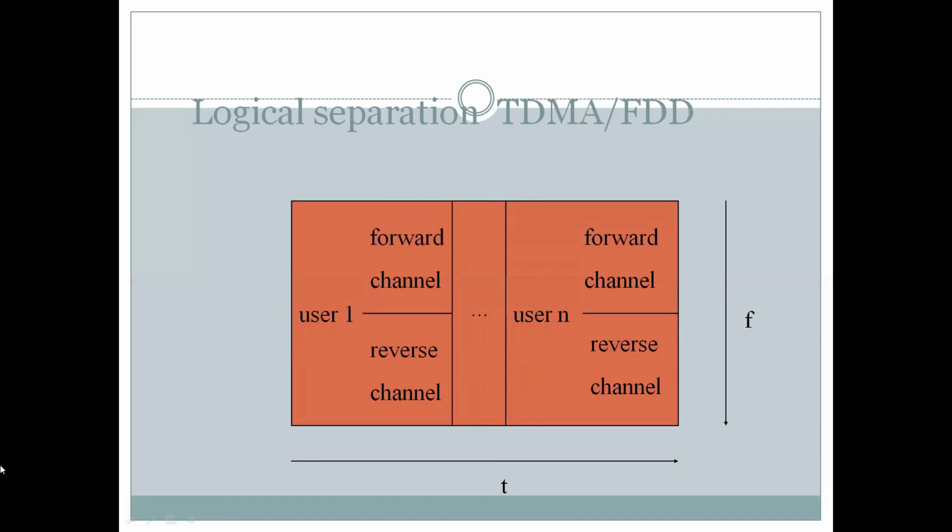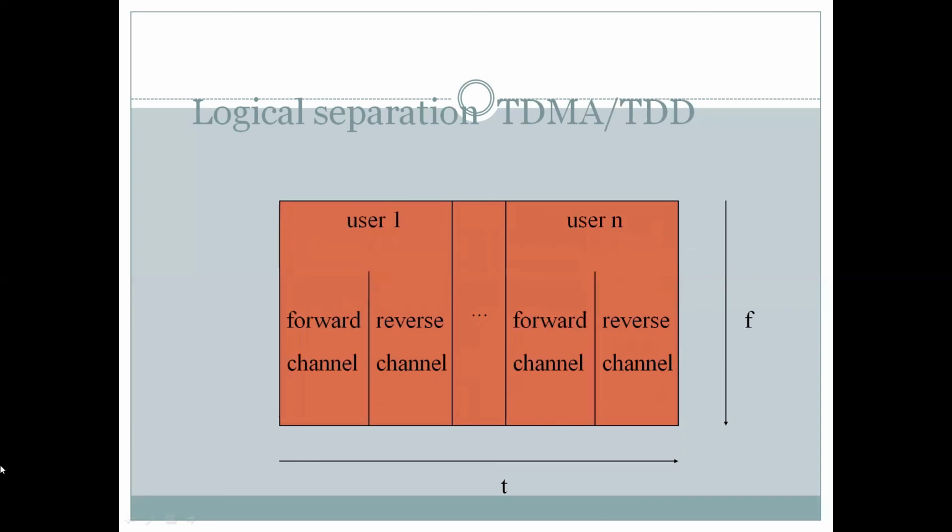You see a horizontal cut here in your diagram, which is the division in the y-axis, which is the frequency axis. So there is forward channel and reverse channel bifurcation in terms of frequency. That's because it is frequency division duplexing in tandem with time division multiple access. So this is another permutation combination, and this is the last combination,